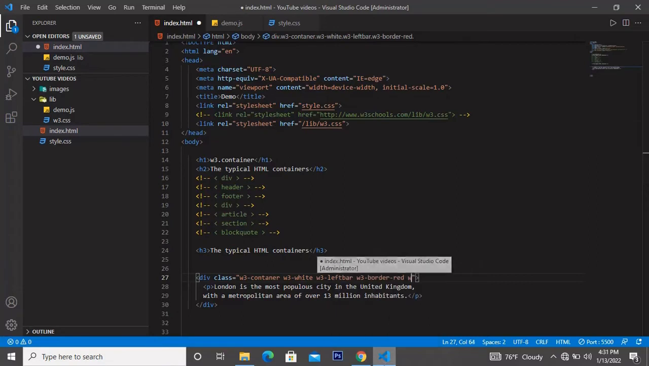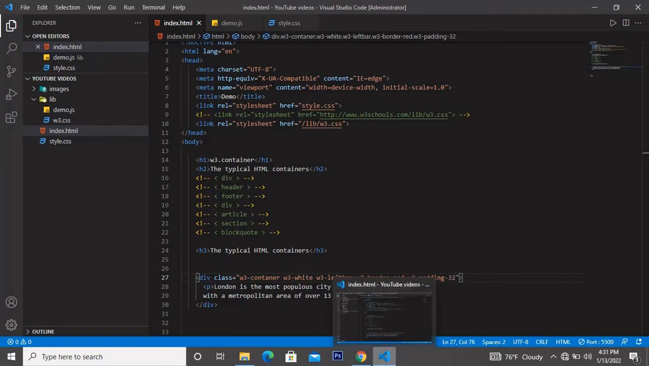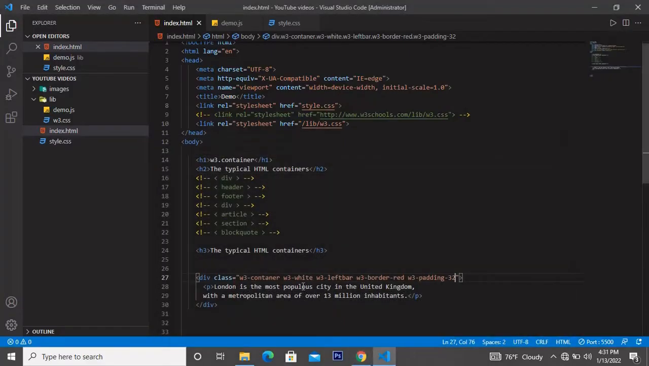So we say W3, I mentioned this in the previous video about utility, so you should know what I'm talking about right now. And I will say padding, let me see, 32, I think this way, okay, fine, expand it a little. So this is what we get. So let's make it left and right, left and right. So what I will do, I will just say